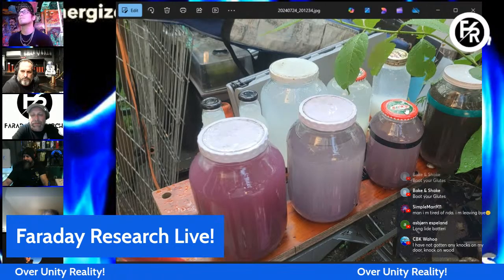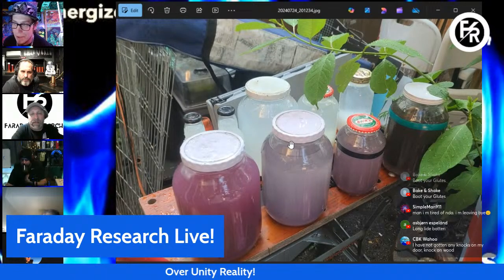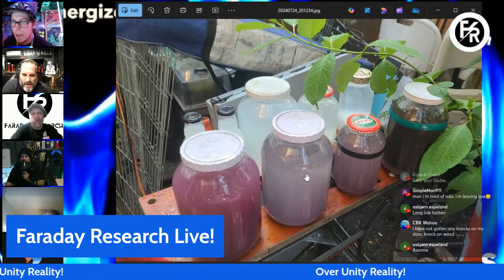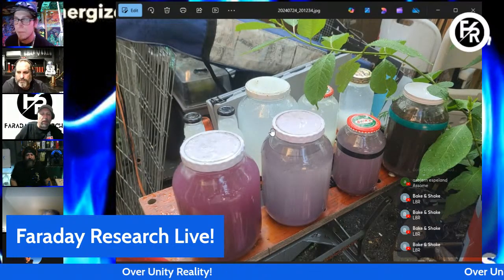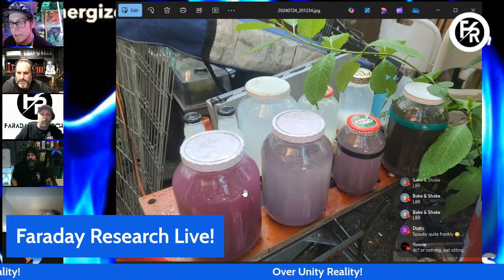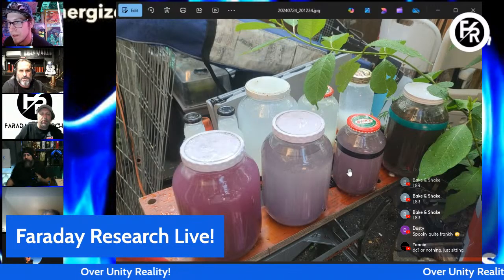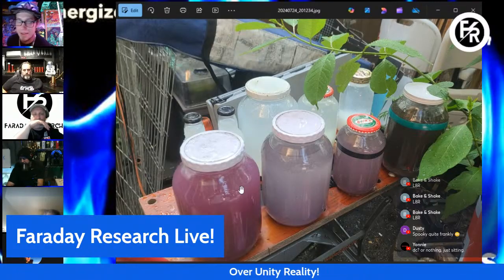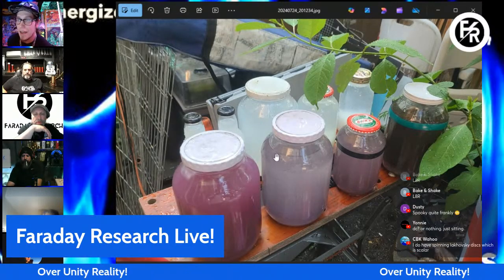Now I've got some pictures of the monoatomics as well as the plasmid clusters, where you see the purple. That was monoatomic gold and silver that was pure white when I made it. Then I left the gold out in the sun and it turned into the purple plasmid clusters. I left the silver out in the moon and it turned into the purple plasmid clusters, and self-organized and bonded into these clusters.